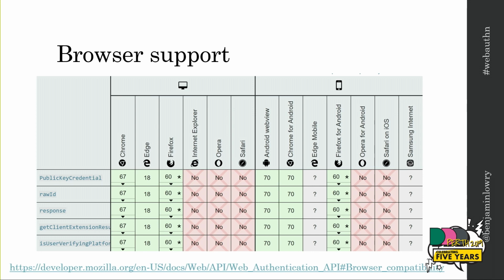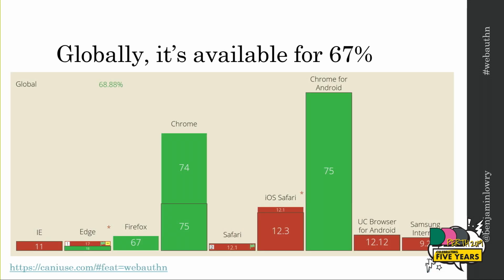So you go to a slightly different lens in the data, and you can go to caniuse.com. And this shows the relative usage of each browser in terms of the height of the column. Each different column is a different browser, and the color of the column represents whether it's supported or not. What's important about this view is that there's a lot more green than red. So globally, it's available for basically 2/3. I think it's 68.88% when I checked it last Thursday or something. So that's cool. It looks like a lot of people can use this thing.